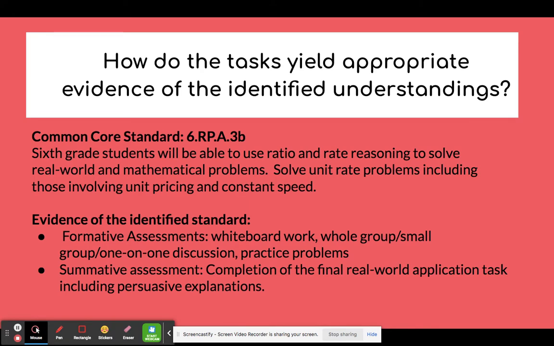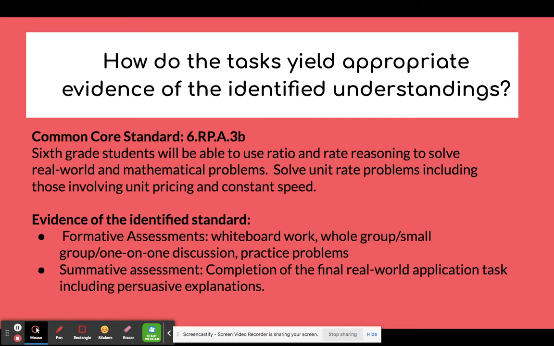So this lesson covered Common Core Standard 6.RP.A.3.B, which states that sixth grade students will be able to use ratios and rate reasoning to solve real world and mathematical problems, solve unit rate problems, including those involving unit pricing and constant speed. So the evidence that I asked my students to show, which identified their understanding, were in